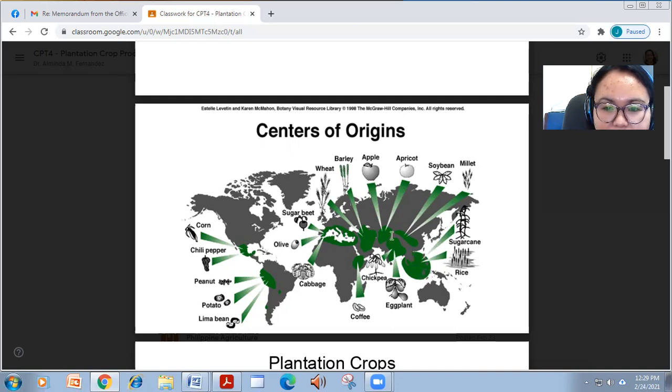More on that, Russia and so on, and even soybean, apricot, apple, it's in the Middle East. And also eggplant, chickpea, coffee is somewhere in Africa.